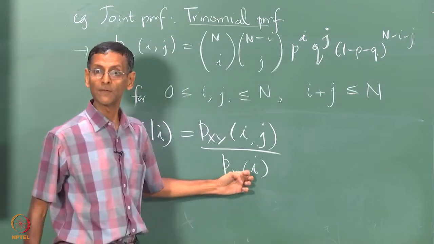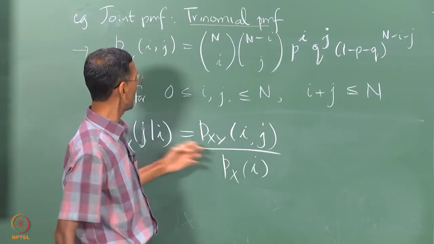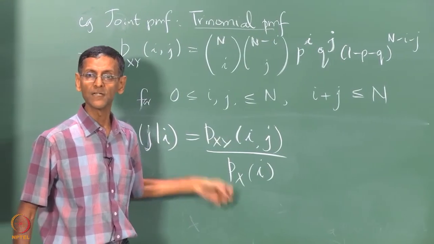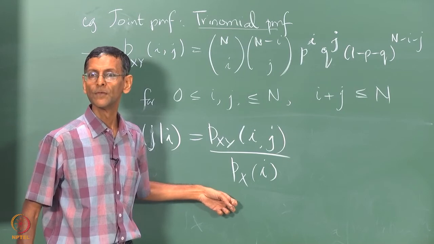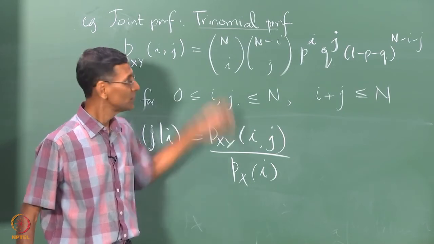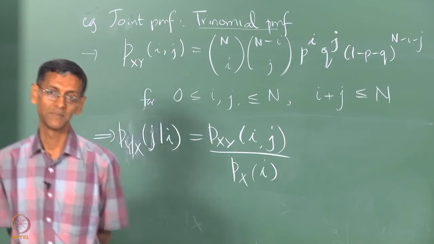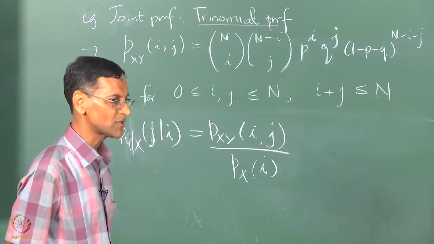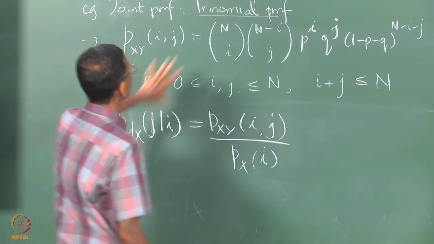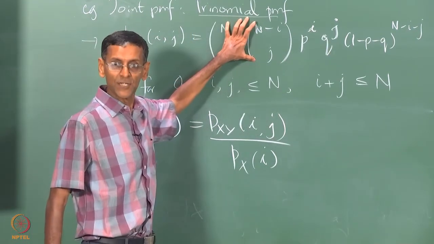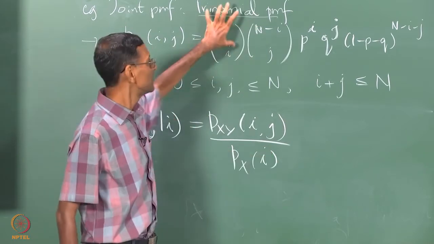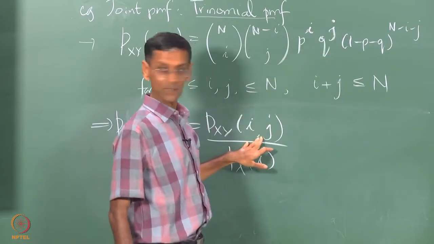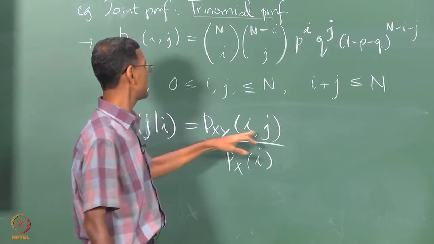This is binomial, we have already worked it out. The way to understand this conditional PMF is: it is joint divided by marginal. If you do the calculation, what do you think you will get? This has a nice closed form expression because there is no summation involved. You are taking a trinomial expression with the same i, j exactly put here and dividing by this. The understanding is j varies from